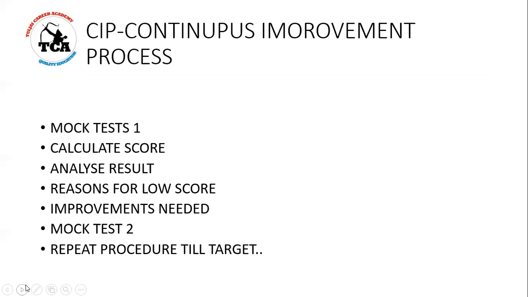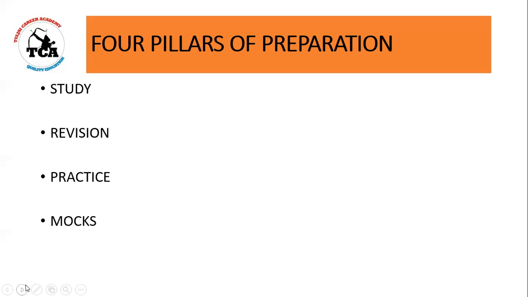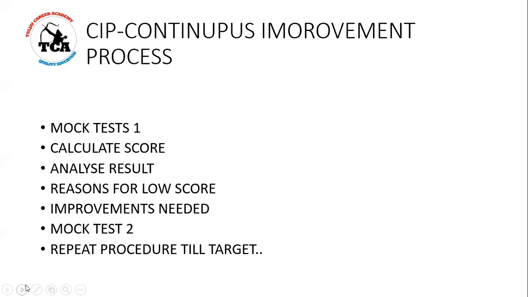continuous improvement process. See, what is a continuous improvement process? You have to attempt mock test one. Before you attempt it, you first have to cover at least 80% of the syllabus, then revise it, then practice a number of MCQs, and only then can you attempt the mock test. What is meant by the mock test? A mock test is an exact test which is the same as the main examination that is going to appear in the examination hall. The question paper is exactly similar to the question paper which will be available in the examination hall on the day. So attempt test one, which is exactly equal to your real examination,